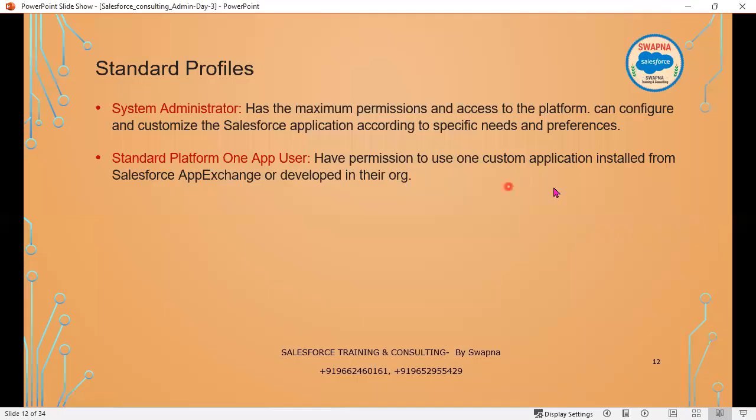Now, in case you want the Salesforce Platform One App user, what is this? If I assign this profile to a user, they will have permission to use one custom application installed from the Salesforce App Exchange. That means if I assign this profile to the user, and if I have 10 app exchanges in